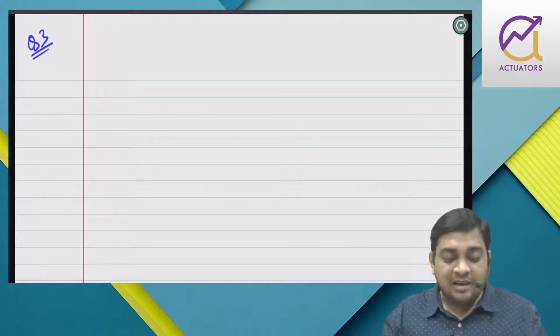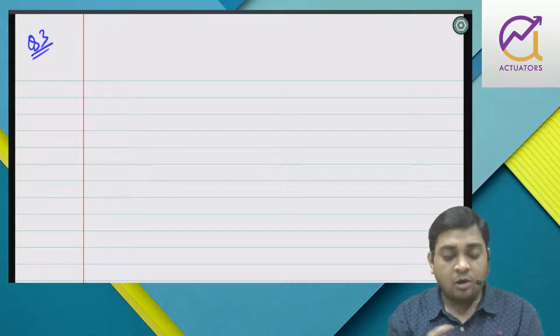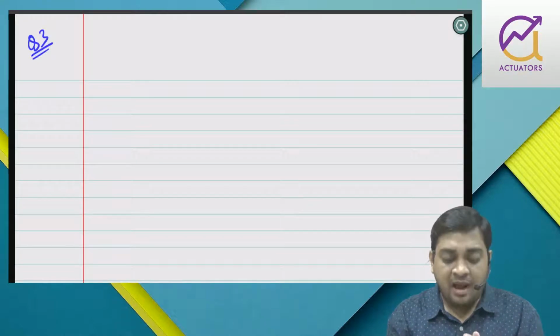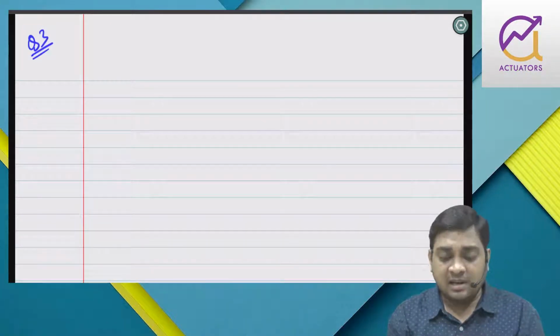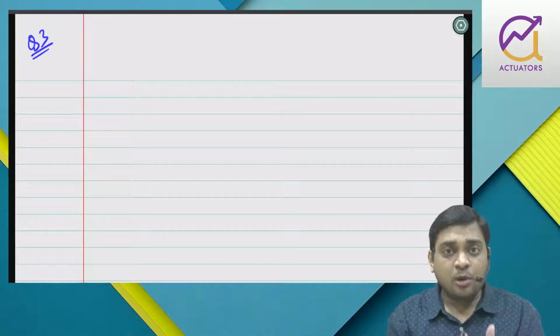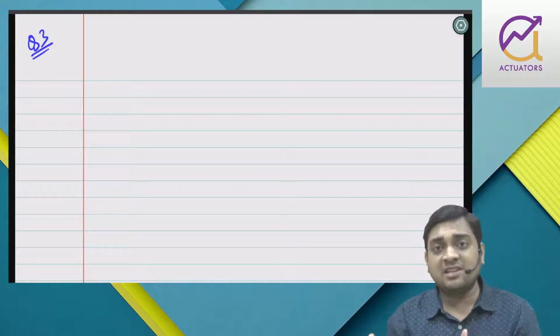Good morning, students. Last class we started with accounting from incomplete records, also known as the single entry system. Basically they will give us an incomplete set of records, and with the help of that we will be asked to prepare final accounts. Last class we had done two problems. There are two methods of doing it: one is the statement of affairs method, another one is the conversion method.